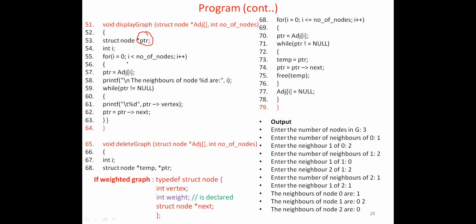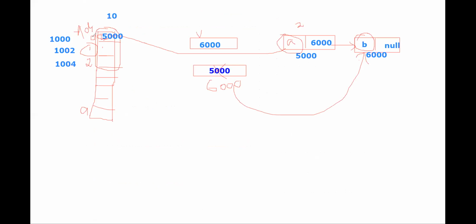Okay. So what are we actually doing? We are passing the address of adjacent 0. So what is the address of adjacent 0? 5000. Okay, let it be this one, 7000 for this one, and 8000 for this one. It has some nodes, right? It has some 2 nodes. It has 3 nodes. So what I'm doing is creating a pointer variable where I'm going to store the adjacency of 0.